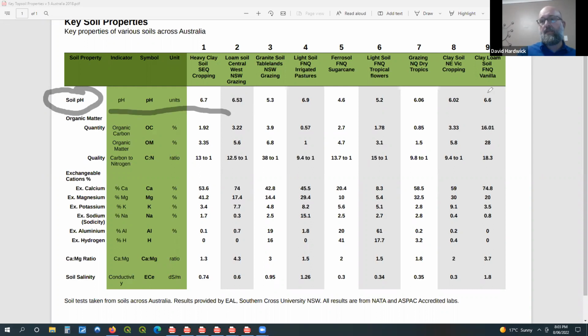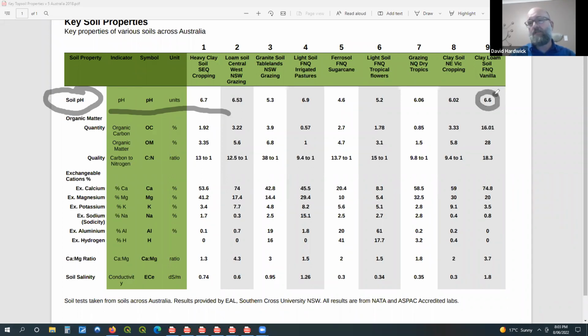We're on the pH, which is the top row there. And this soil here, which I showed you a picture of, it's that vanilla soil with 16% carbon, which was created through heavy mulching of the vanilla beds. So hopefully you remember that soil. If you haven't seen that and you're watching this video, go back and watch the previous videos, because it's a pretty remarkable soil. But Charlotte, despite 10 to 12 years of really heavy mulching, and you can see the YouTube video on that farm to get a feel for how heavy the mulch is, the pH